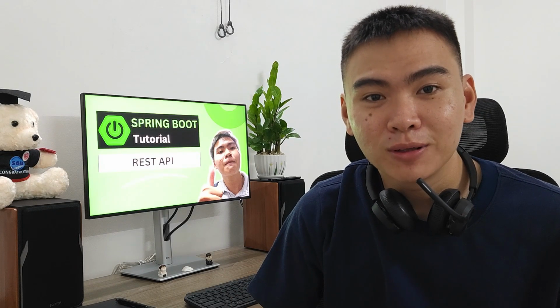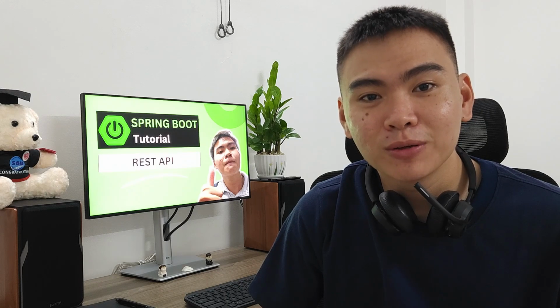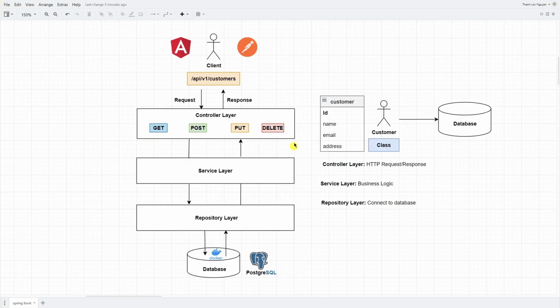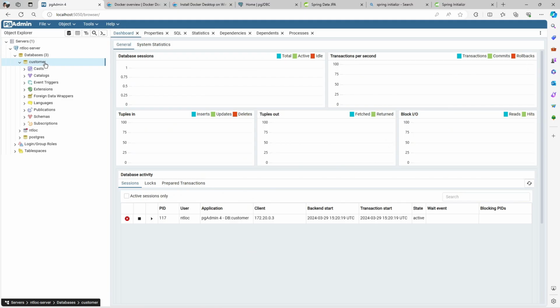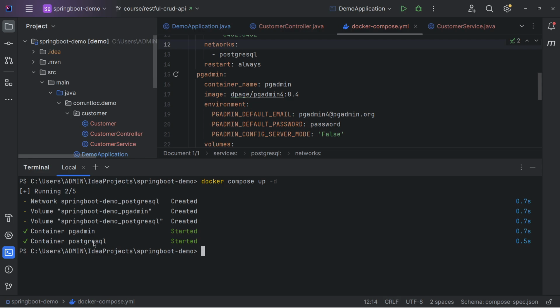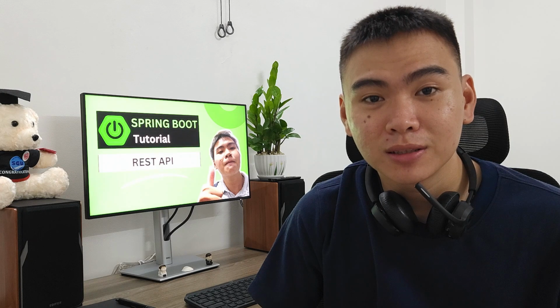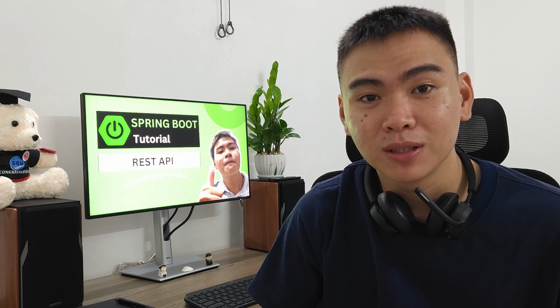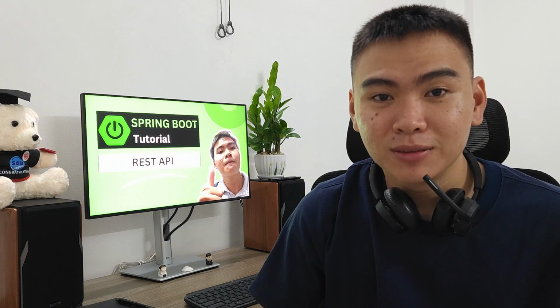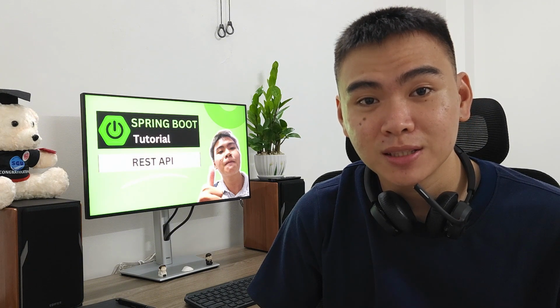In this 1 hour course, I would like to share with you how to build a REST API or RESTful API using Spring Boot and connect to a real database running on Docker, and how to organize the right structure based on the entire layer. And the last one is to apply a real use case to make the application more efficient.